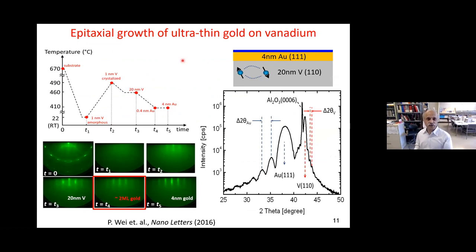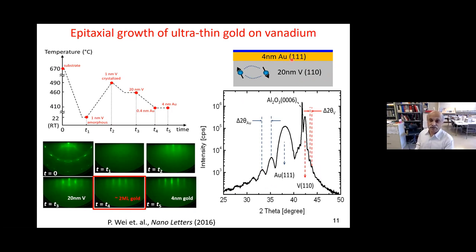So we were able to grow ultra-thin gold on the vanadium. This took some time for us to achieve, because first of all, we had to have the right kind of material, which has a finite TC, so that it allows the gold to grow 111. We were able to do that in MBE ultra-clean conditions, with a good coupling of the gold 111 into the vanadium 110. Then you can see both the RHEED pattern and also XRD. Look at all the Kiessig fringes. So we do have a very flat, very clean interface.